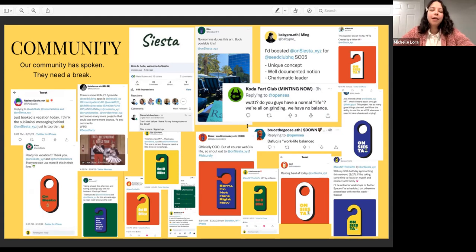And the NFT, like Heather mentioned, which I could get into in more detail, but I wanted to make this more about a relatable story of what you can do for your own community or your own idea of how you can build. Our NFT collection is called Do Not Disturb. It's a collection of 1900 Do Not Disturb signs meant for the holder to use as temporary profile pictures when you're actively on vacation. So what you see here are people who are actually doing that.